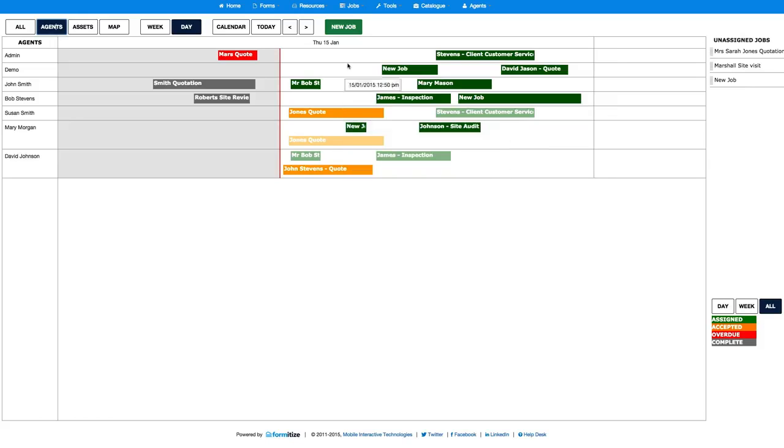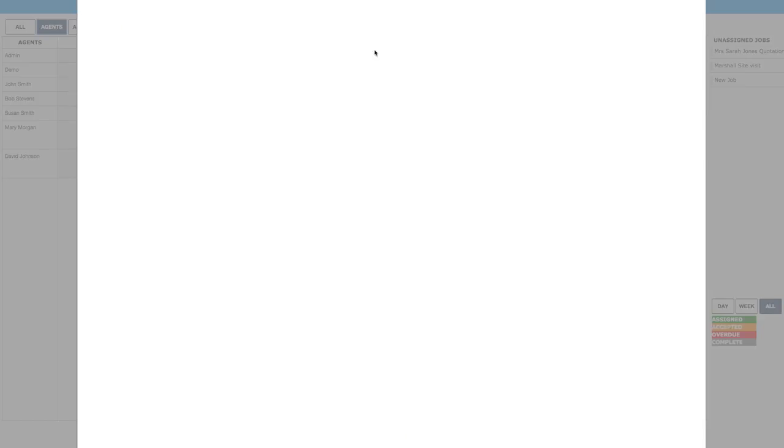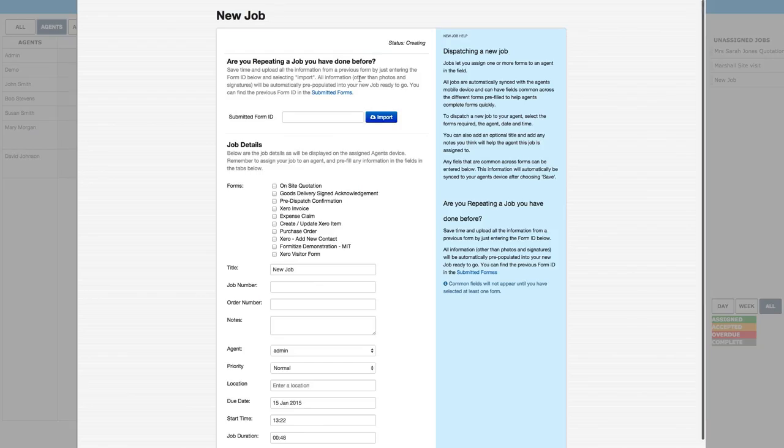To create a new job, you've got two options. You can either select the New Job button at the top of the screen, or you can move the cursor to where you want the job to start, hold it down and drag it to when you want the job to finish, and then release. By doing that, it'll open up the job form. You've assigned it already to the right person and the right times,